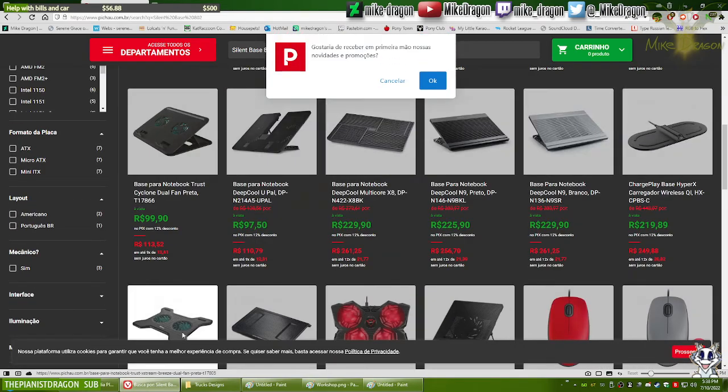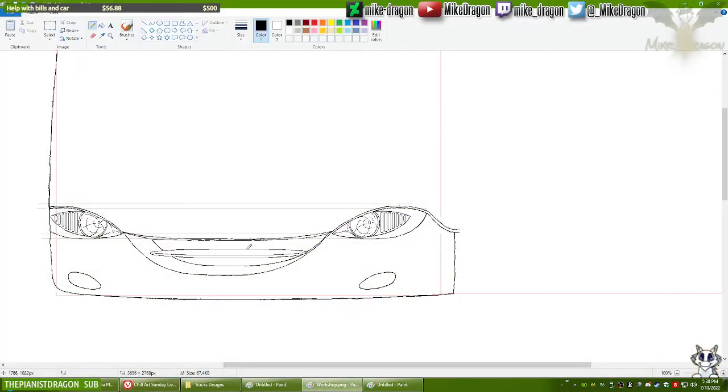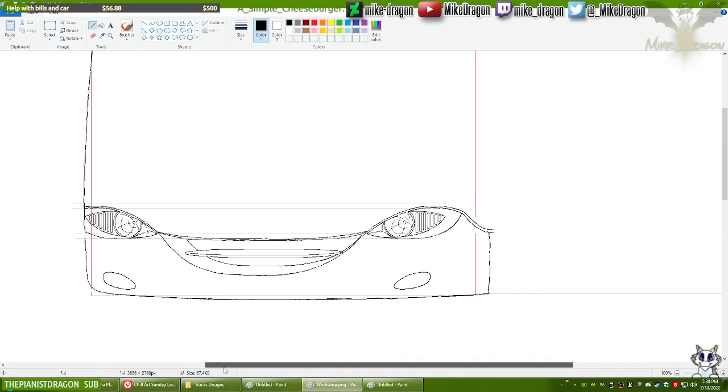Well, I guess that case is not available over here. Not that I care, to be honest, because as I said, if I had the money to buy another case now, I would buy another one of the case that I currently have.